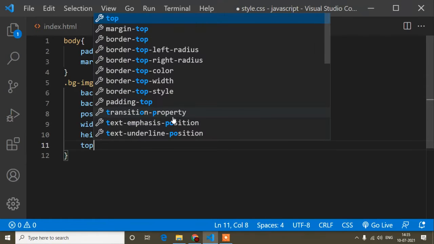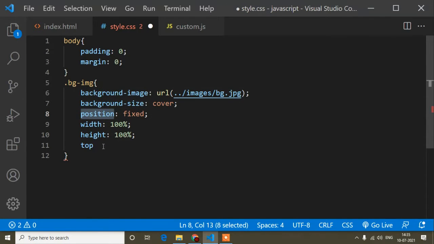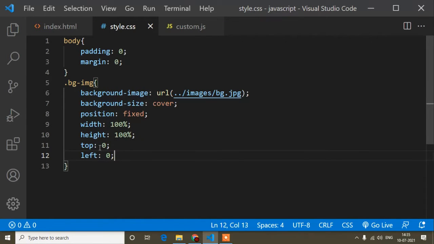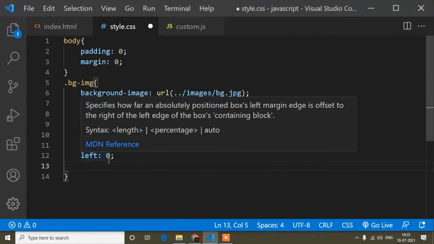And now when we write the position CSS property, I mean this one, we have to set the position of this element, I mean from where the element will start. Because I have written position, we have to write the position. So top is 0 and the left will be 0, you can see like this. Okay, and when we write position, another important CSS property is z-index.